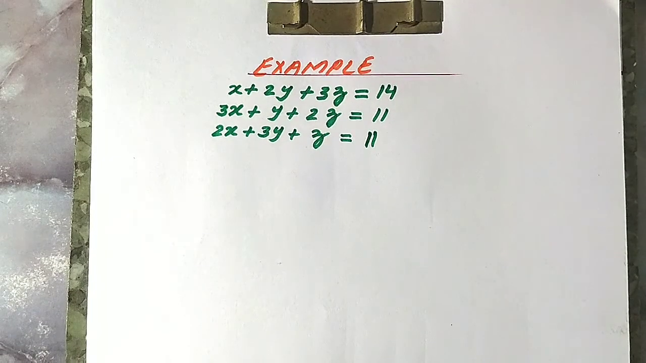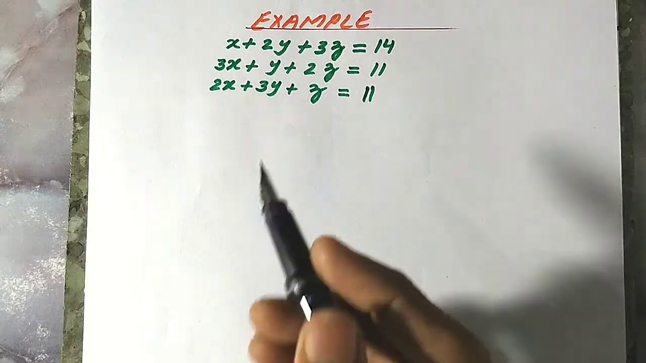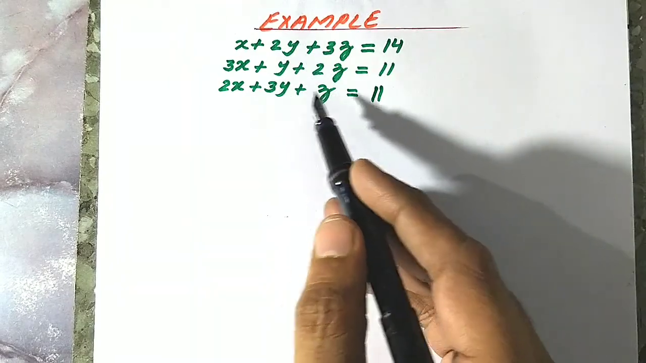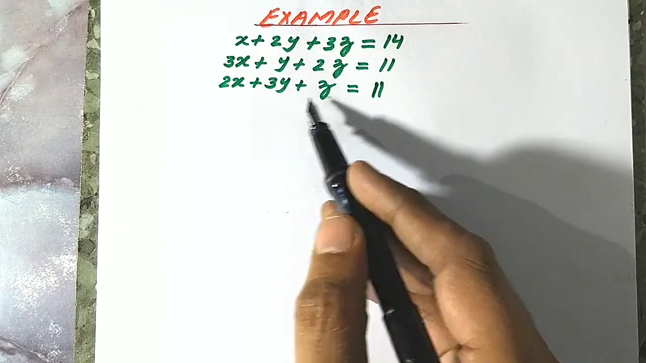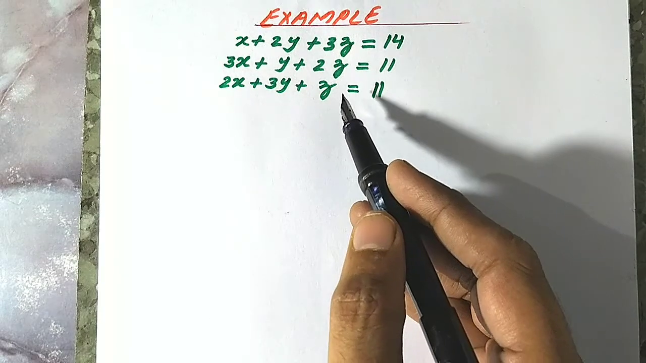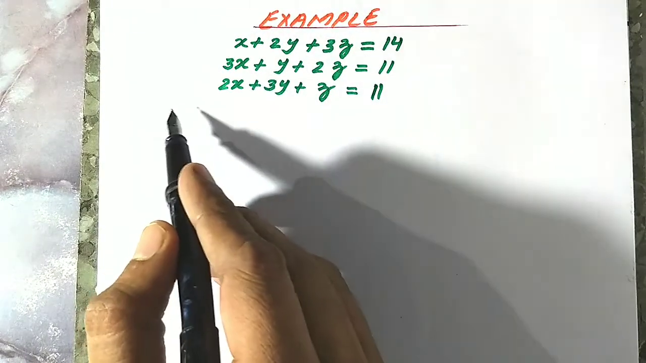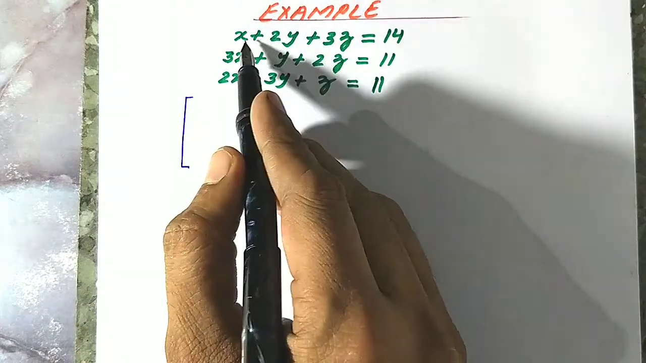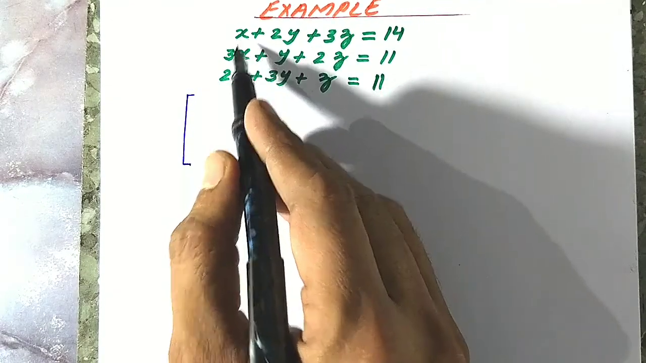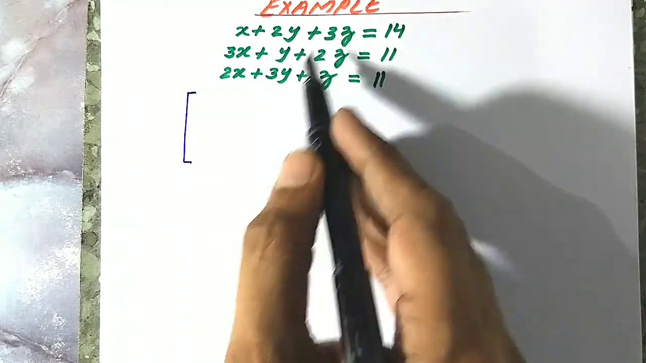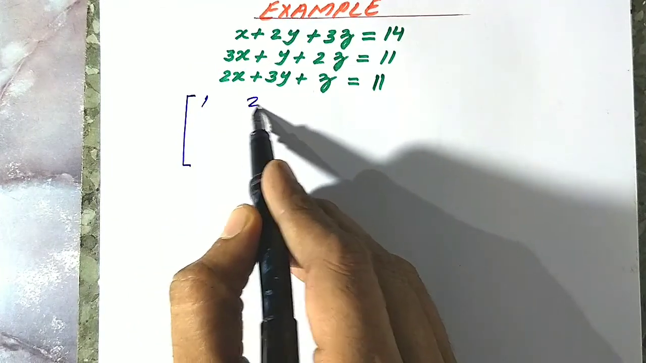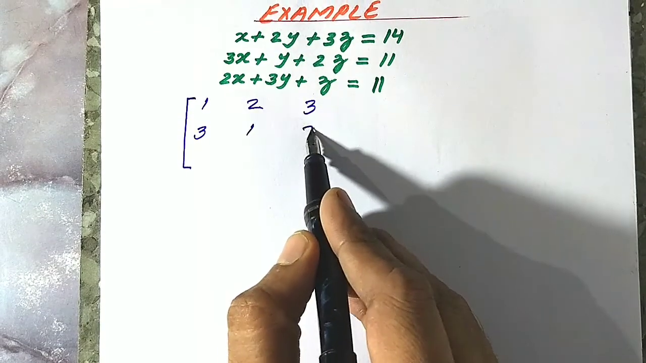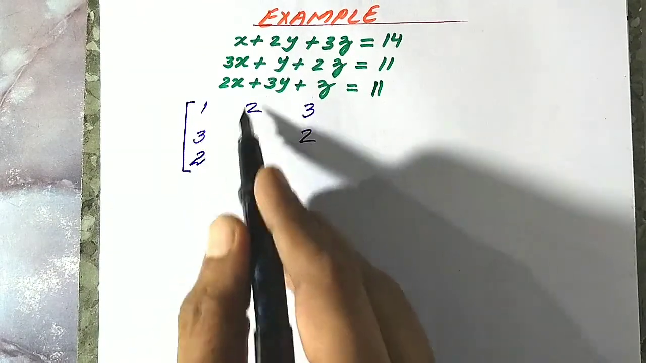Now let's take an example. So we have taken these three simultaneous equations. x plus 2y plus 3z is equal to 14, 3x plus y plus 2z is equal to 11, 2x plus 3y plus z is equal to 11. And now we have to solve it by matrix method. So first we write them in matrix form. The first matrix is of the coefficients of x, y, z, that is 1, 2, 3, 3, 1, 2, 2, 3, 1,